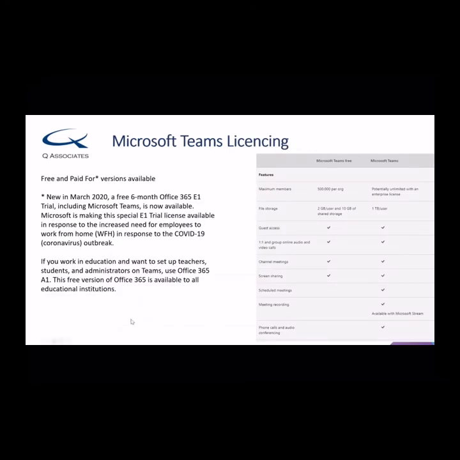The next question we get asked, obviously, is how much does this cost? It's a big product with a lot of functionality. The good news is there's a completely free version available. If you haven't already subscribed to Microsoft 365 or Office 365, the free version can get you up and running. It's not the full functionality, but it does have the chat, voice, video and meetings functionality. So there's enough in there for peer-to-peer and co-worker collaboration. If you haven't already subscribed, that's the easiest starting point.